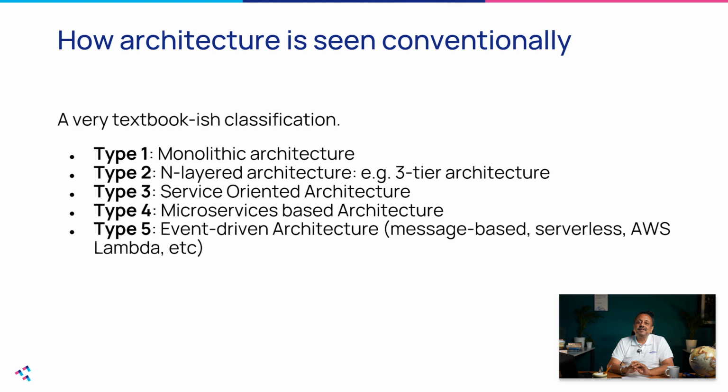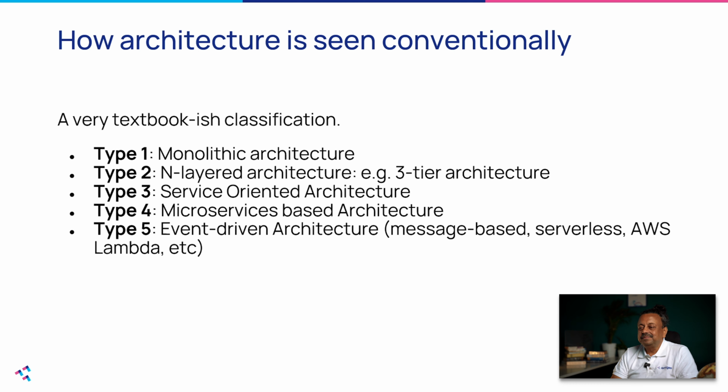The third term that we hear often, which is quite orthogonal to all these layers, is the service-oriented architecture. So what's a service-oriented architecture? What is a service? Then we have event-driven architectures. An event-driven architecture is an architecture where events happen, like messages come in and triggers are fed into the system, and the system reacts to it. So what the hell is that? Then we have microservices architecture. So all of these are interesting terms. This is a very conventional way of looking at architecture.